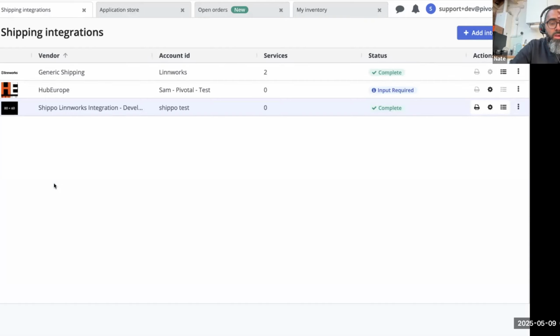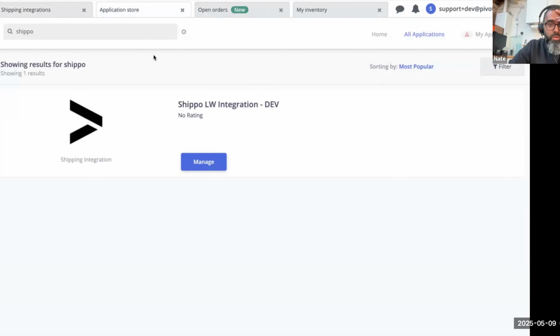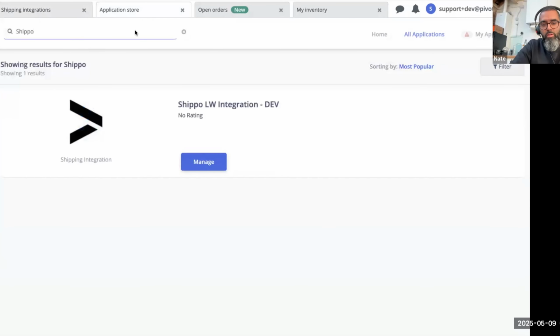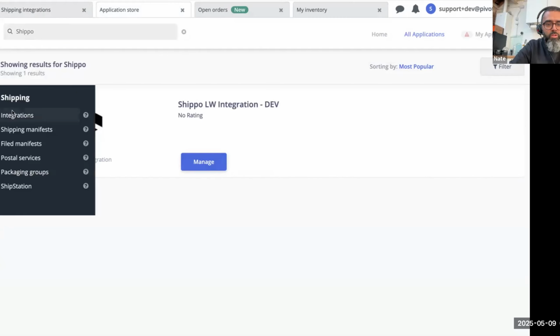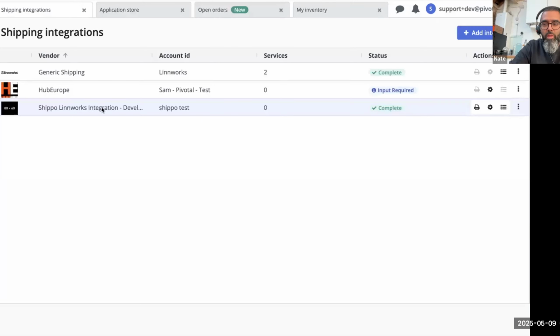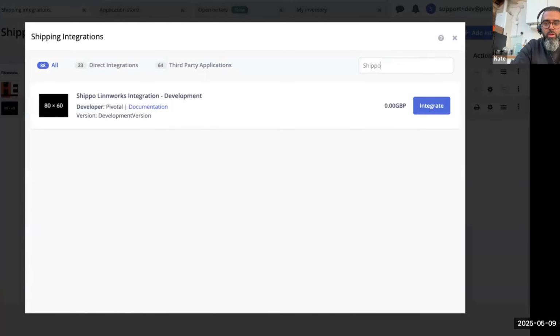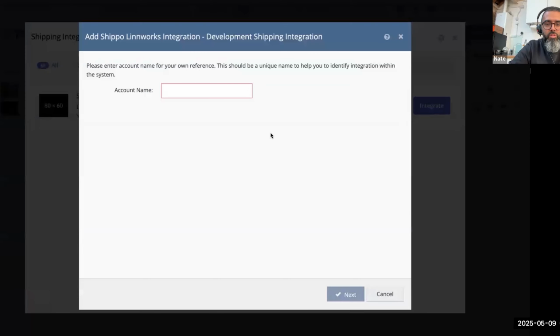I'll show you in the App Store. So yeah, essentially that's just from My Applications, searching Shippo, the app is available. And then obviously we can go to integrations, and I've already got one there, but I'll quickly show you. We can then search for that and integrate. So if I do Shippo test,